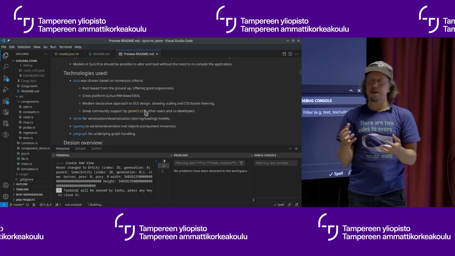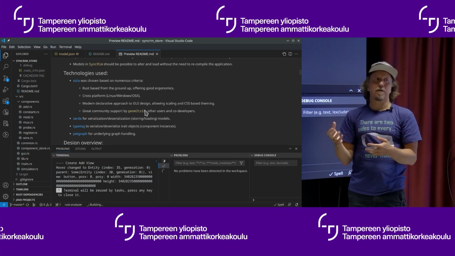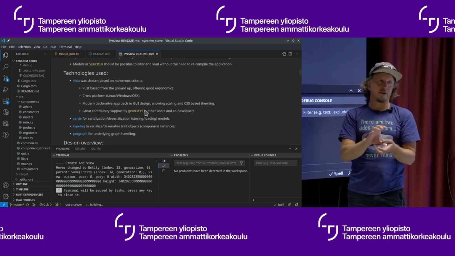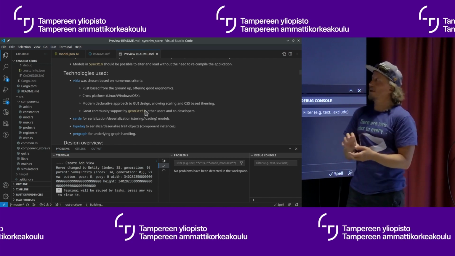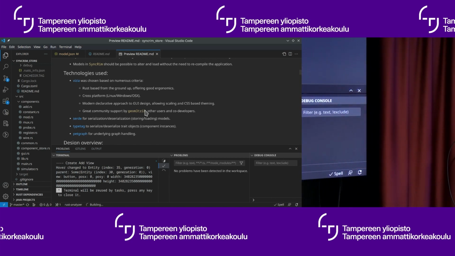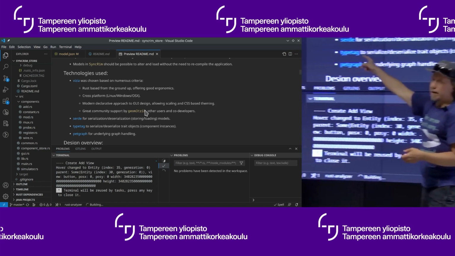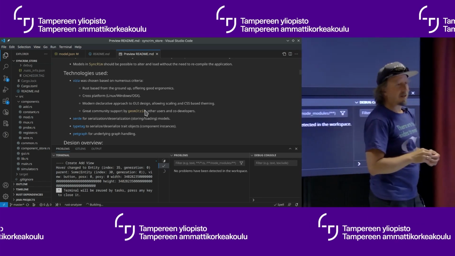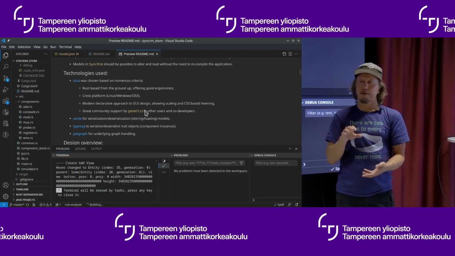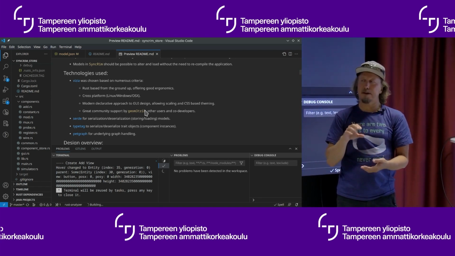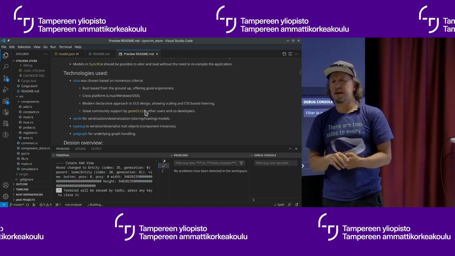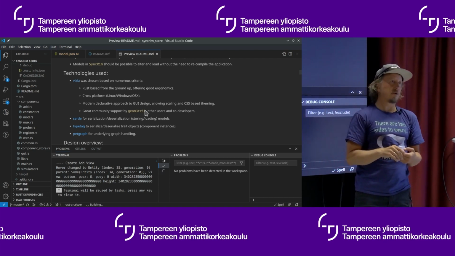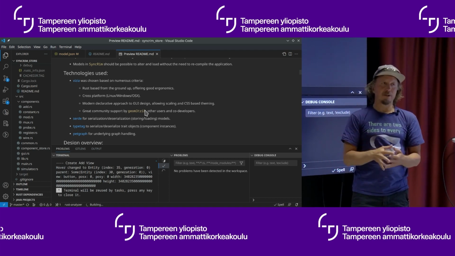So we use a trait object in order to define the commonalities of a component. And then we use a technology called typetag that generates an enum under the hood for all possible variants. So that means that it's possible to treat trait objects as one also for